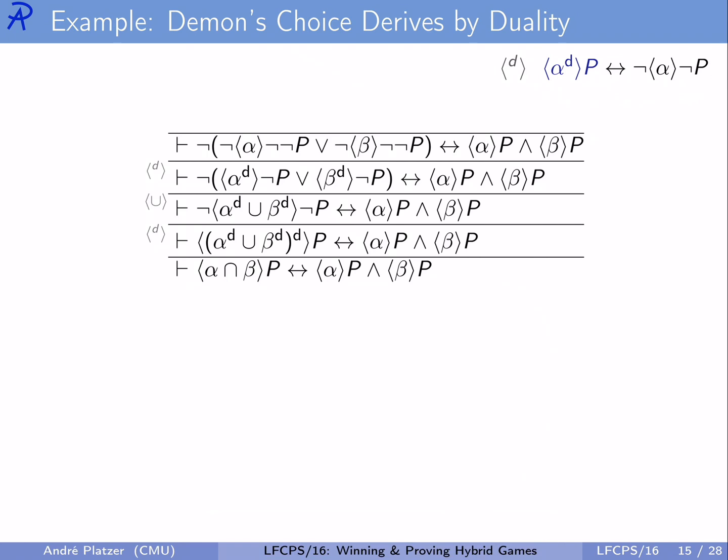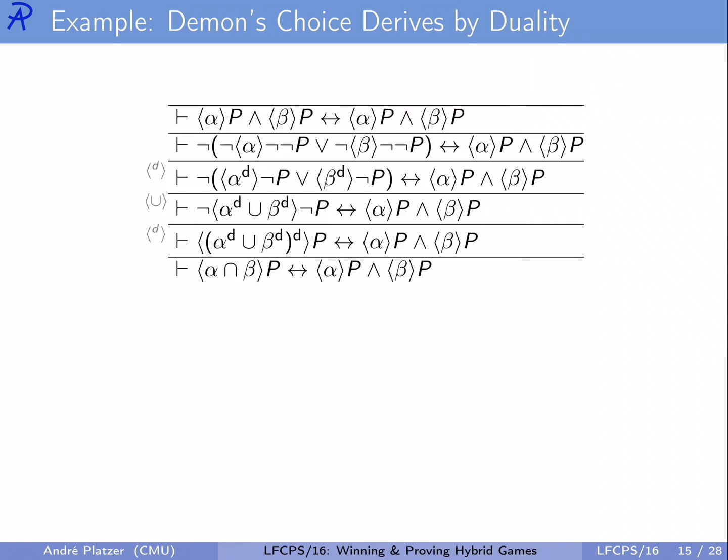And now what do we do? Well, now we don't have a whole lot of hybrid game structure left, but we've got plenty of logic propositionally here. So not of not P in classical logic is of course just P, and then the not or is of course just and, just push the negation over the disjunction, which turns it into a conjunction, and you've got a double negation here, which of course goes away in classical logic, and you've got a double negation here, which just goes away. And then how do we prove that? Well, that's the same formula on the left as it is on the right, so that's very easy to prove,